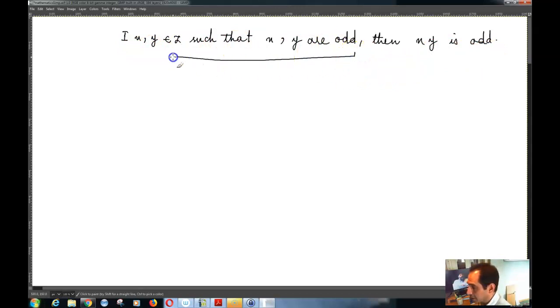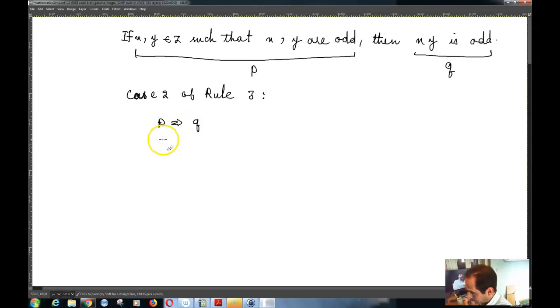So I can take this as P, and then I can take this as Q. And so case 2 of rule 3, we said that if you have P implies Q, then you need to show that if not Q, then not P, right? You have to show that